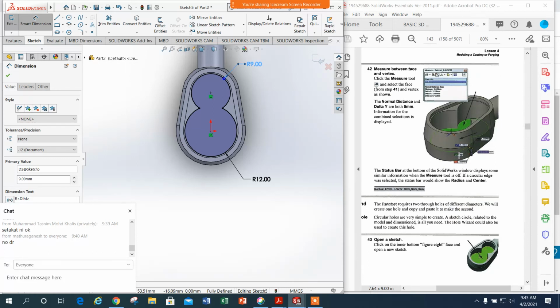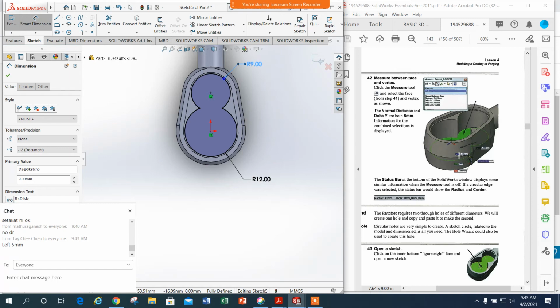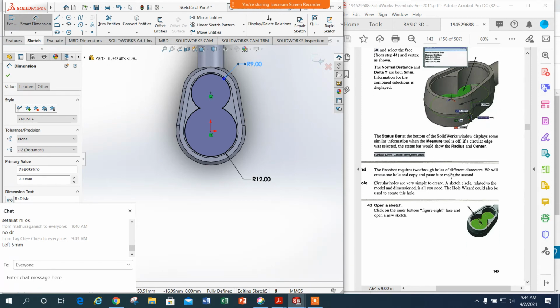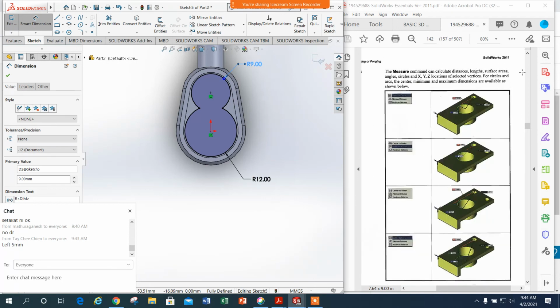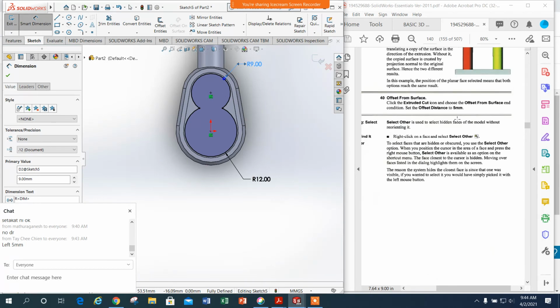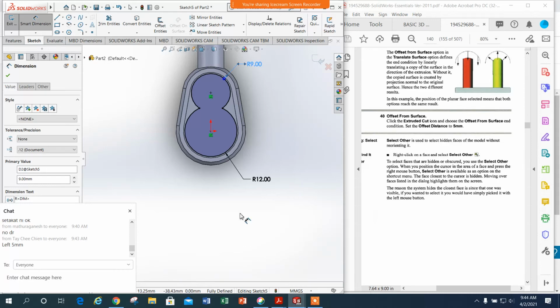Hold on. It wants to measure. Hold on. Where is it? This one. Okay, offset from surface. This one is 5 mm. Meaning that this one is,